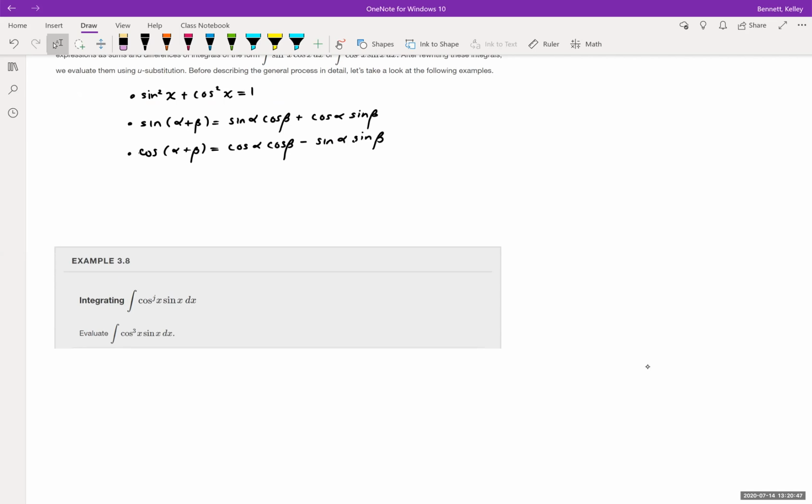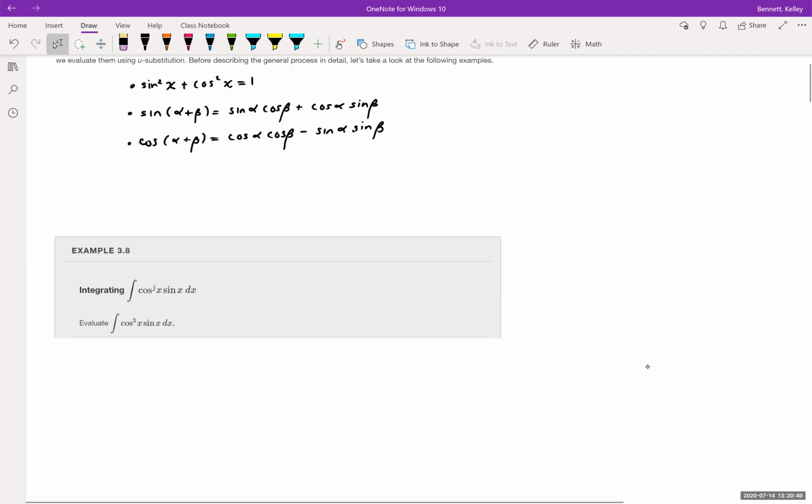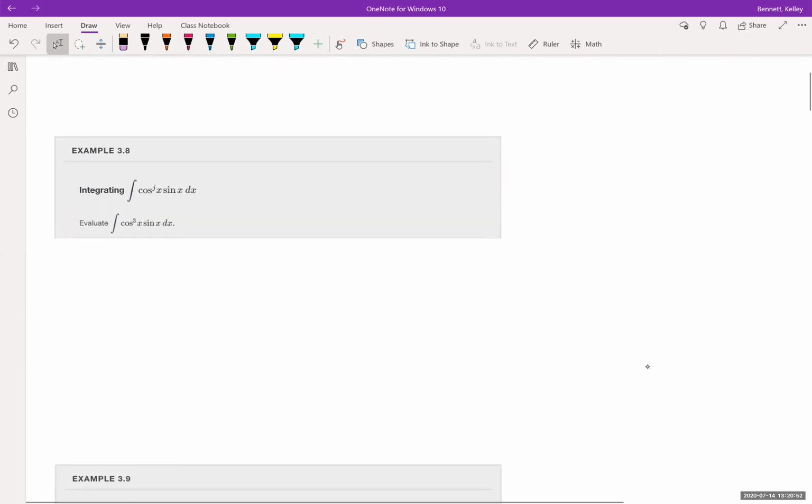So let's look at example 3.8. We're going to evaluate the integral of cosine cubed x times sine x. This one's pretty straightforward because hopefully you're already identifying that we have a function and its derivative pair as the integrand. So we can just perform a simple u substitution. If we let u equal cosine of x, then the derivative of cosine being negative sine x will give us our du up to a minus sign. So I'm going to write negative du equals